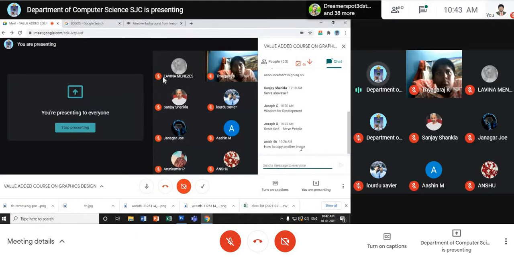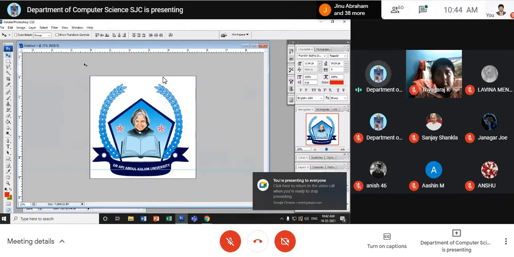I couldn't get you properly. How to copy another image means from where? If we want to click the Alt key to copy another image, sir. Yeah, that's what you do: click Alt and drag the mouse. You'll be able to get one more copy of the same. Okay, sir. Thank you, sir.